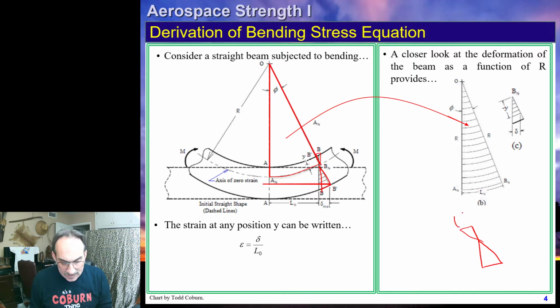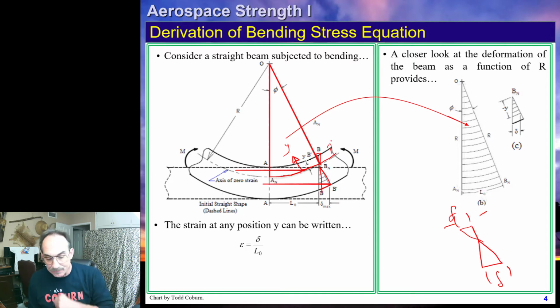We see this little deflection is getting smaller. This is negative. And this little deflection here is getting a little larger. All of our measurements, we're going to define from this neutral surface. We're going to define y as moving toward the center of curvature from this neutral surface. Therefore, a positive y moving this way gives us a